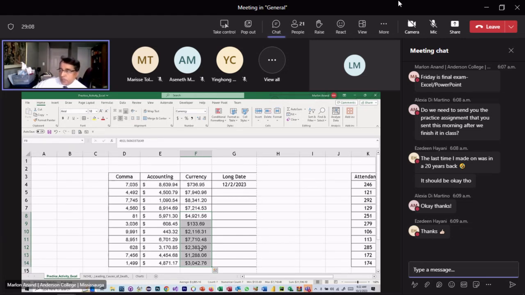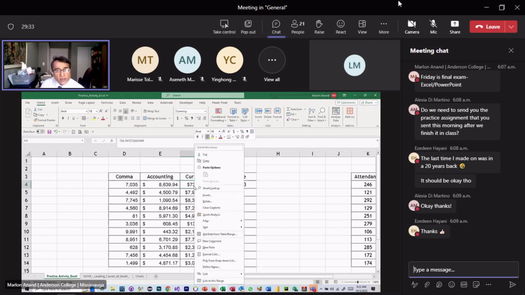So the difference between accounting and currency is very subtle. The difference has to do with negative numbers and how you want to output negative numbers. We won't be talking about negative numbers, but I'll just show you what I mean here. If I click here, like I said, you don't have to know this. If I click right here, this cell F4, right click, and if I go here to format cells,